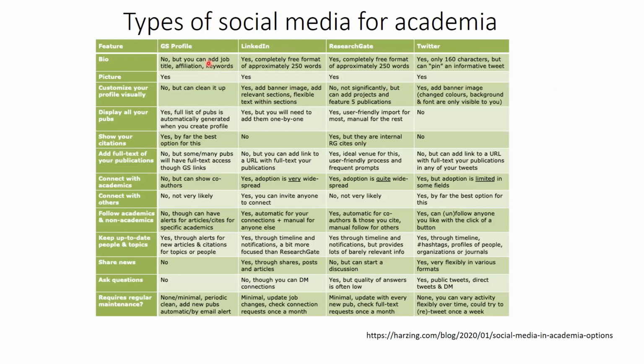But as you can see here, there's advantages and disadvantages to each one, depending on what you want to do, right? Do you want to have a platform where you're conversing with people, or do you just want to get your work out there? Some are better than others, for sure. And so Google Scholar, I think personally, I think every scientist should have a Google Scholar platform